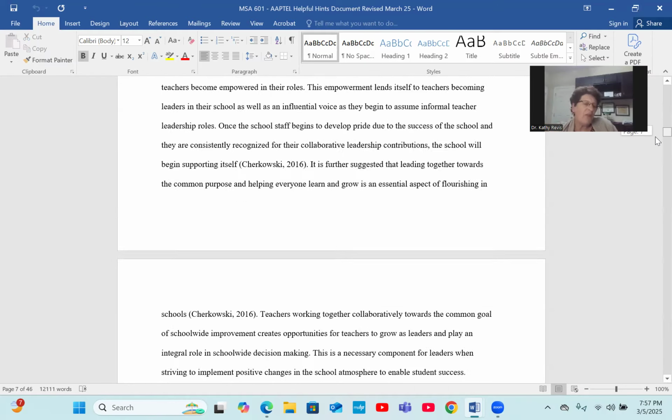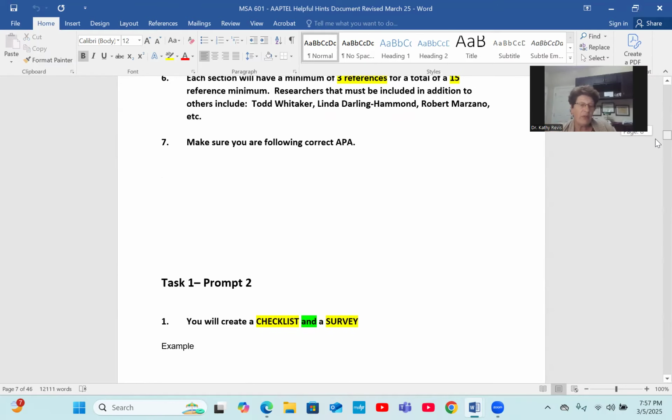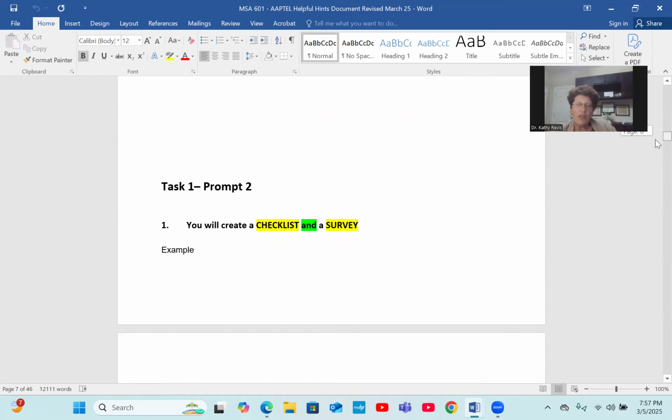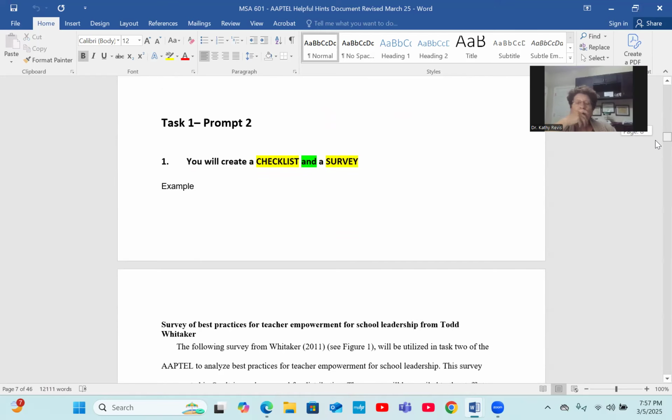So you've got a lot of writing and research that you can do after you finish all your work for the AAPSL and all your work for Dr. Hamilton. You need to get started in this research and writing.